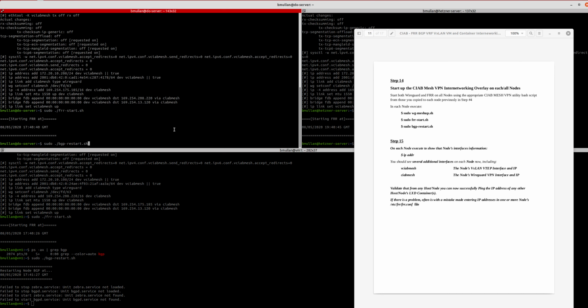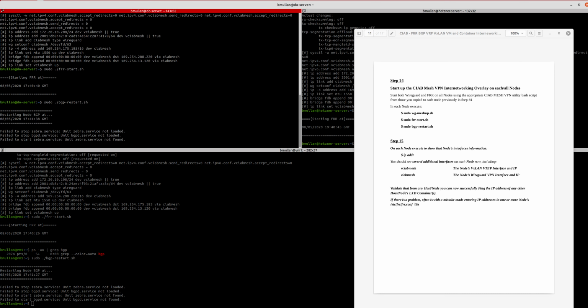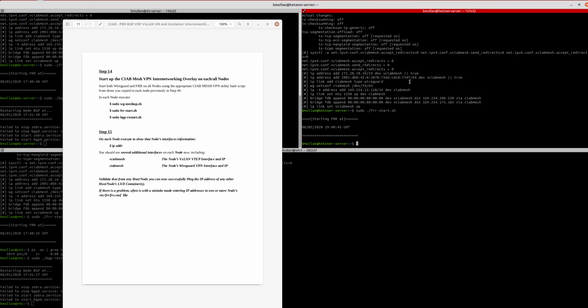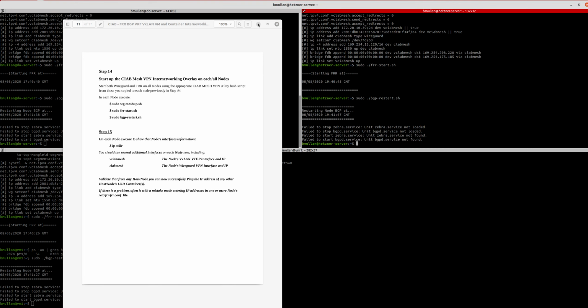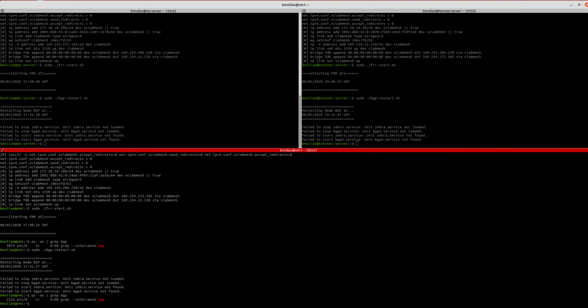And it's giving those errors because remember the restart first stops the protocols, then restarts them. So it's going to show you that it wasn't started, so it couldn't stop it. But it will start BGP. Okay, now if I do ps,